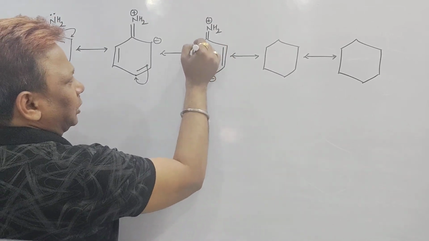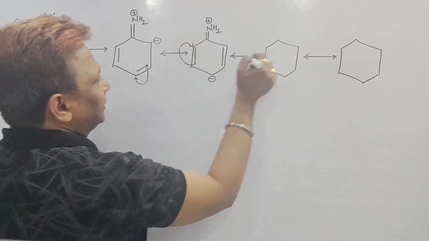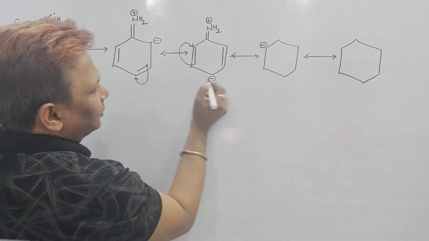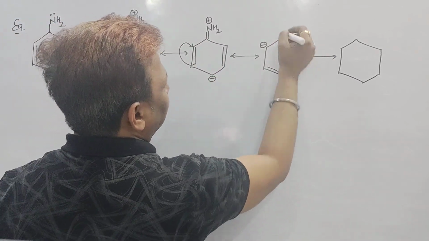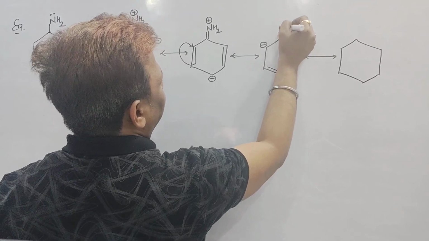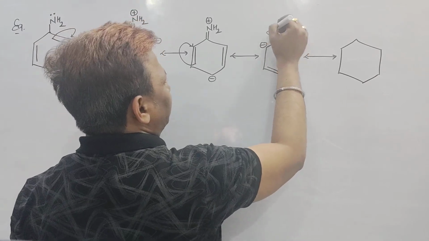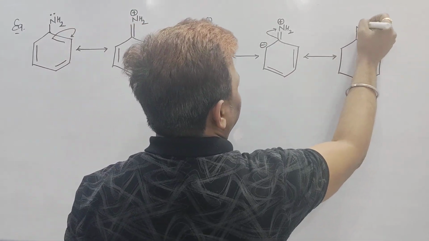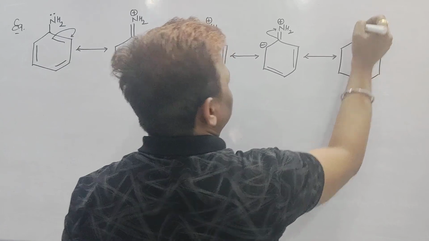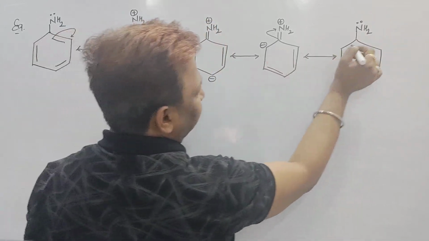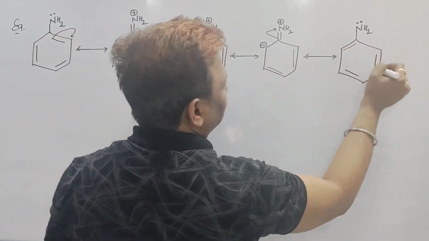But again, this pi electron is there, and it is shifted to this carbon. This is a negative, positive and negative make a bond, then double bond, then NH2, then positive. But again this pi electron goes back to nitrogen. So nitrogen will have a single bond. It will get its lone pair back. Positive and negative will make a pi bond and the remaining 2.